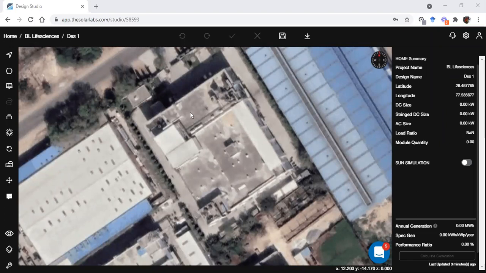So first we'll draw this RCC roof, and then we'll see how we can use the features of Solar Labs to optimize our design to its best.